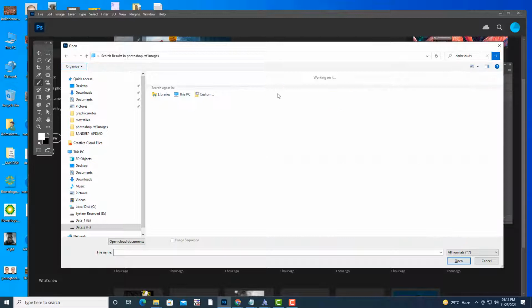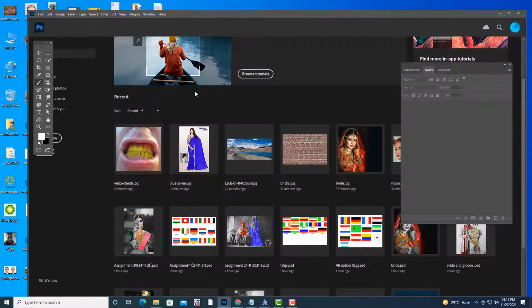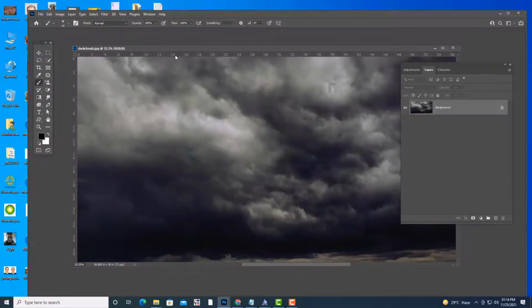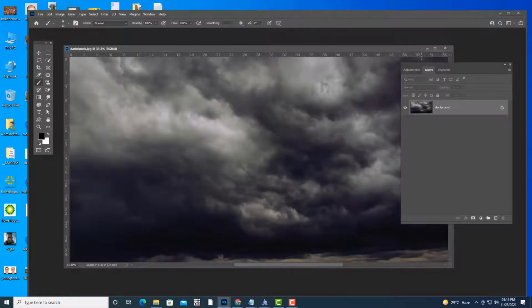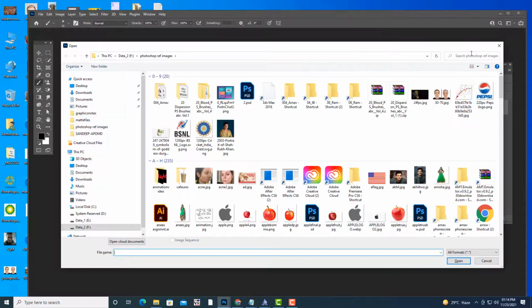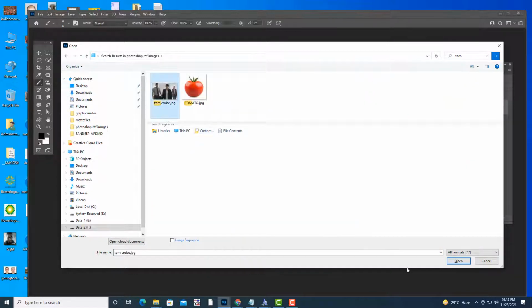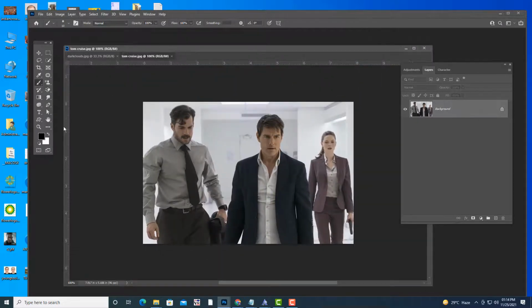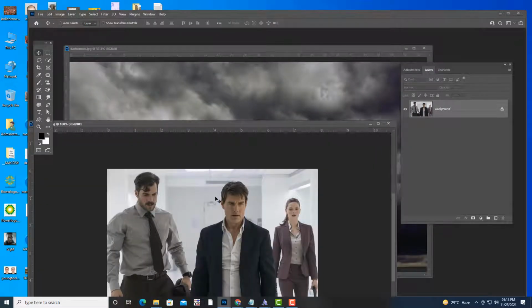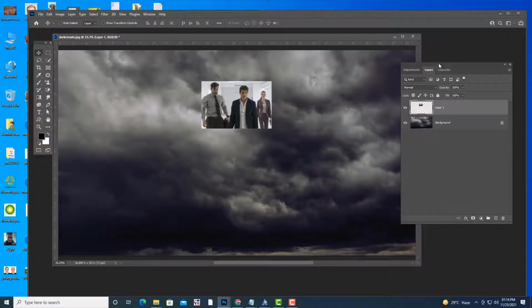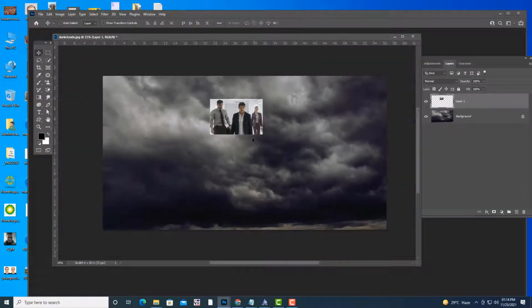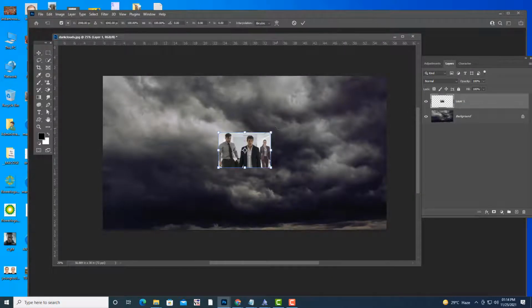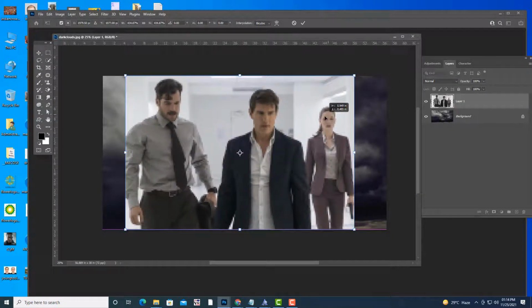Dark clouds. So see here, we'll create some nice, interesting movie poster using cinematic coloring.